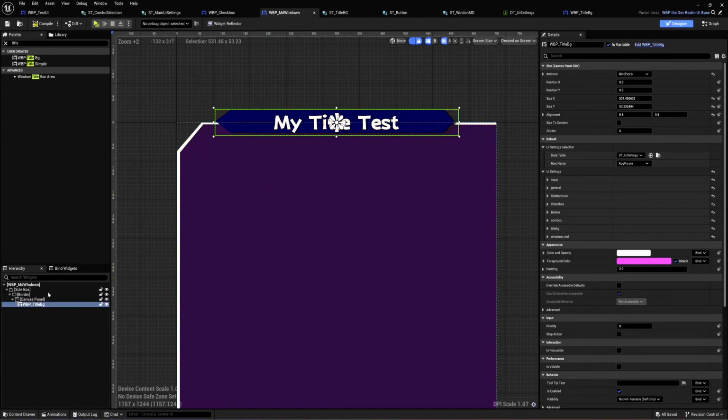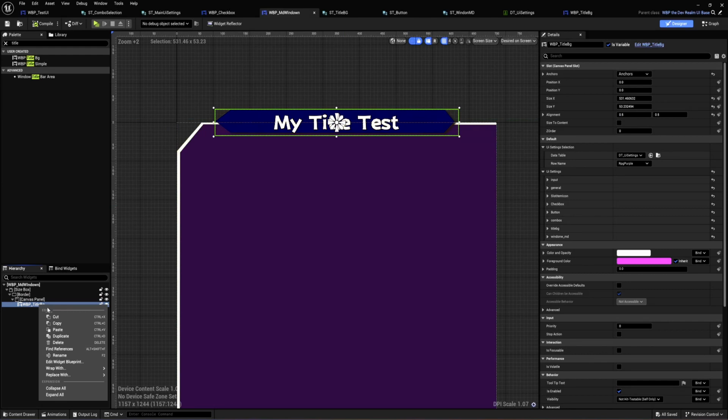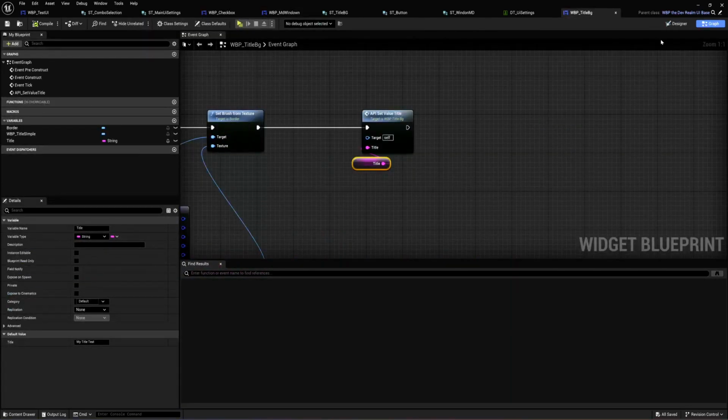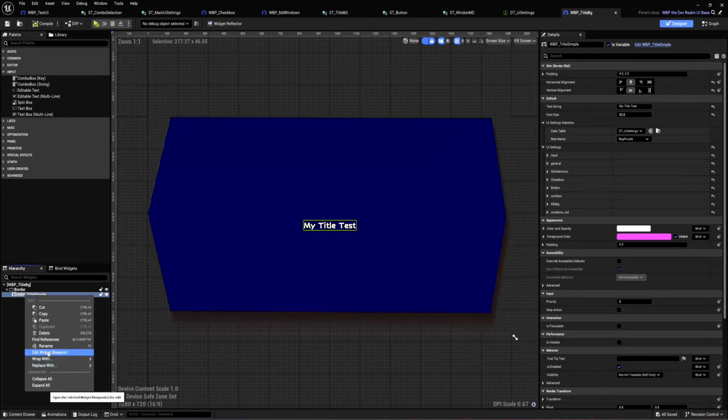Right. Let me see if I can edit this component. To be honest, what I'm gonna do here is just edit this guy. I'm just gonna wrap the text with a scale box,